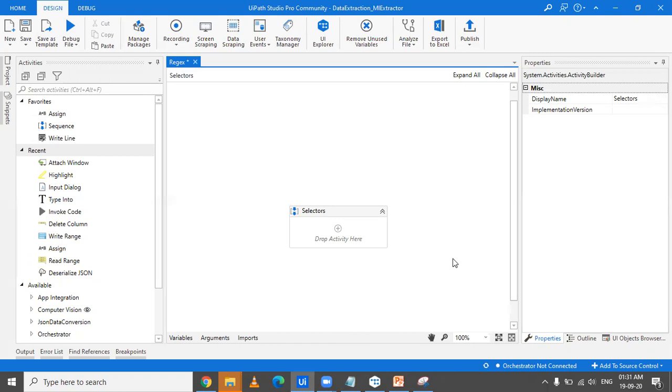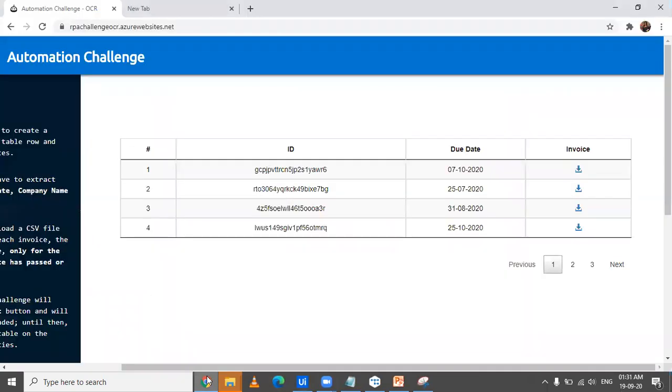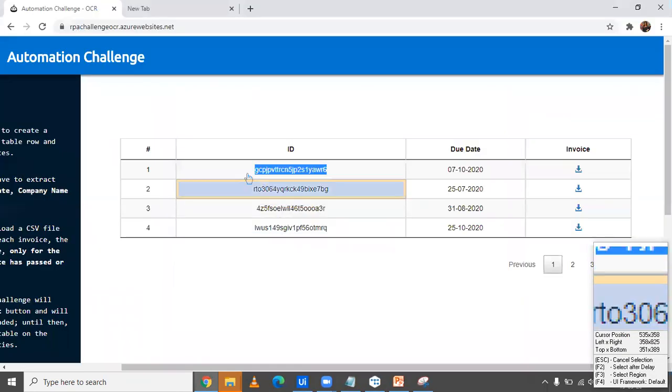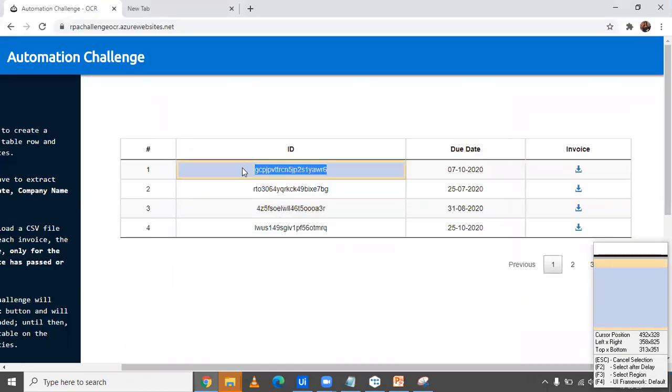So I'll show you a site, an example of what we have to achieve. So this is the site, and suppose you have to extract the IDs of all the elements that are available. So how are we going to achieve that? First of all, we'll have to analyze the selector, or the HTML attributes or the DOM structure of the page and how it is behaving. We have to analyze what are the things that are getting changed and how the change is occurring.